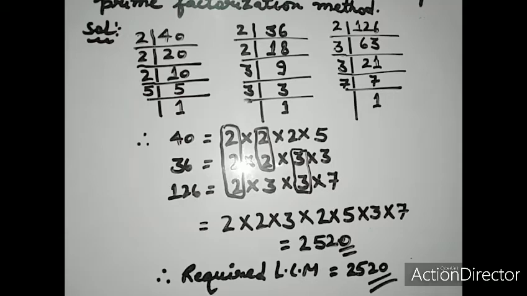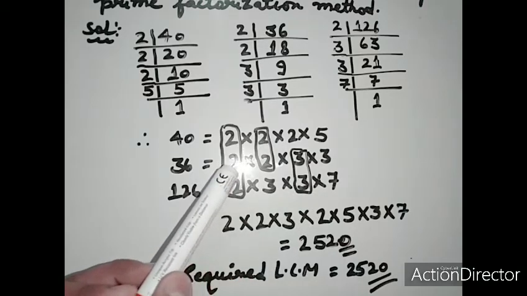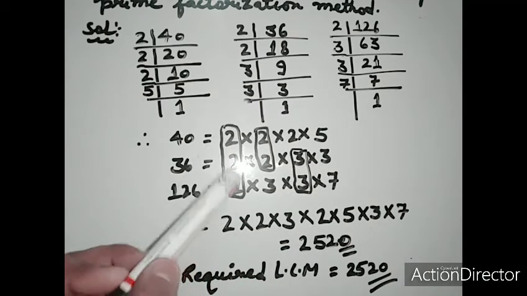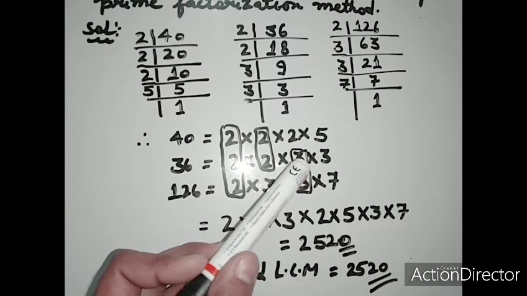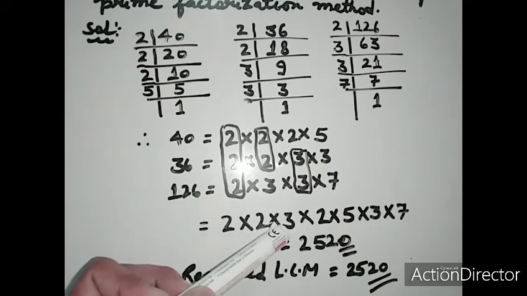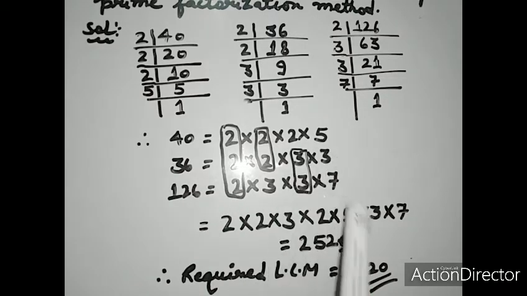Okay students, so you can also find LCM by using the prime factorization method. Here you will remember one thing. First you make pairs here and take these three numbers one time, then these two numbers one time, and these 2 3s one time, and after that you write all the left numbers.